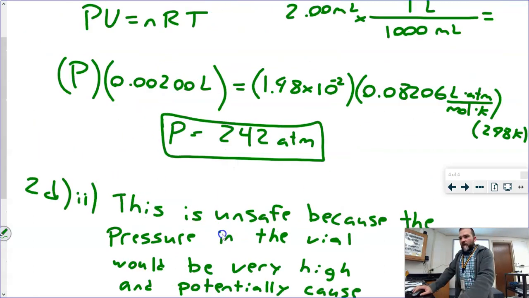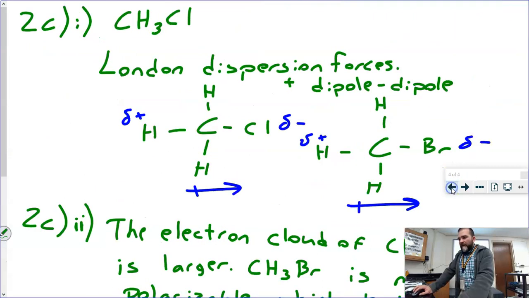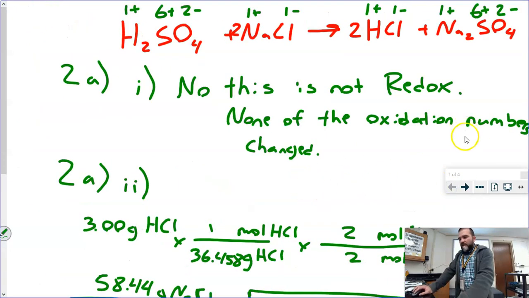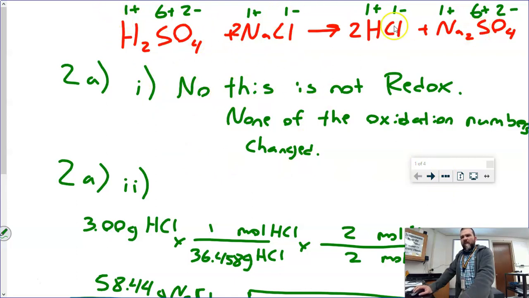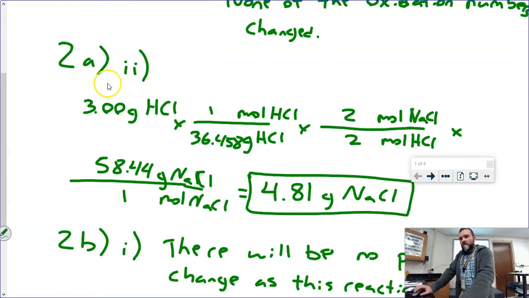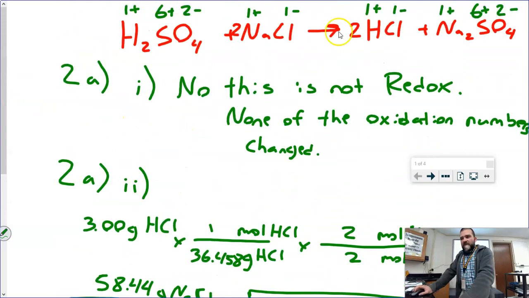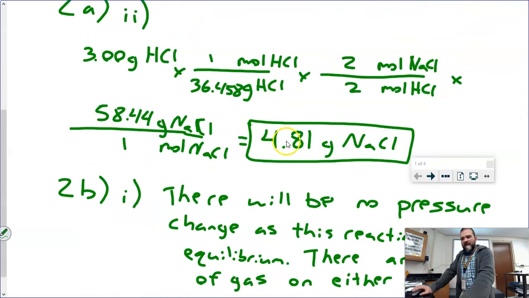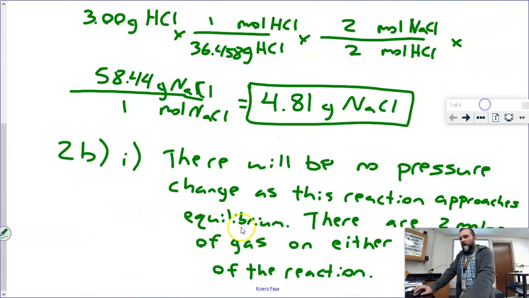All right, so we've gone through everything. Between last Friday and today, here is the entire answer of question 2. All right, we answered the first question here last week. It was asking if this was a redox reaction. We figured out all the oxidation numbers and they didn't change, so it's not redox. 2 was asking us to solve for the grams of sodium chloride if we had 3 grams of HCl using stoichiometry up here. That's not too bad. 2b1